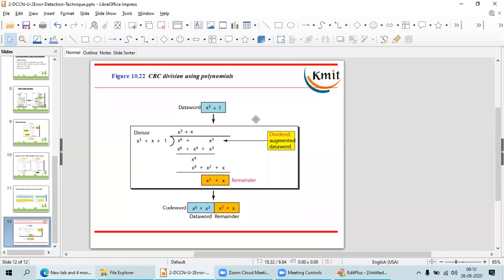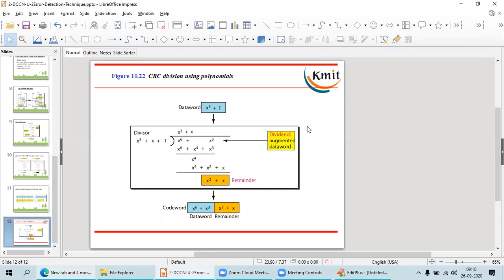What would be the resultant? X power 6 plus x power 3, not 1. X power 3 plus 1 into x cube. Why? I must add divisor minus 1 zeros at the end.